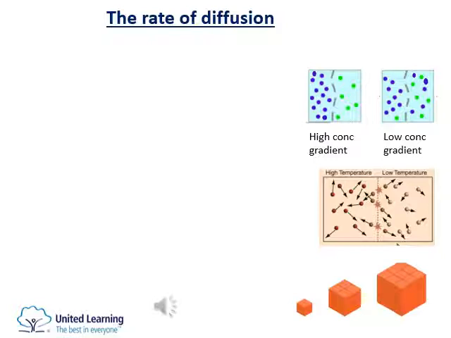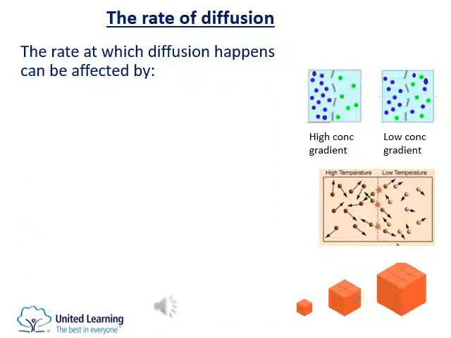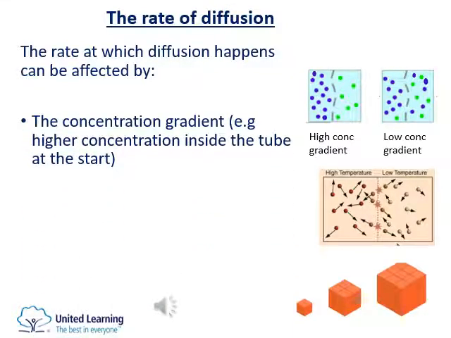So that home experiment sets us up really well for this next part of the lesson, the rate of diffusion, how fast diffusion happens. The speed, the rate of diffusion, can be affected by 3 main factors. The first one being the concentration gradient. If there's a higher concentration inside the tube at the start, then the glucose would have moved much faster. So if there were 500 glucose molecules in the tube at the start compared to another tube where there was only 100 glucose molecules, it would be much faster in the first tube because there was a much higher concentration